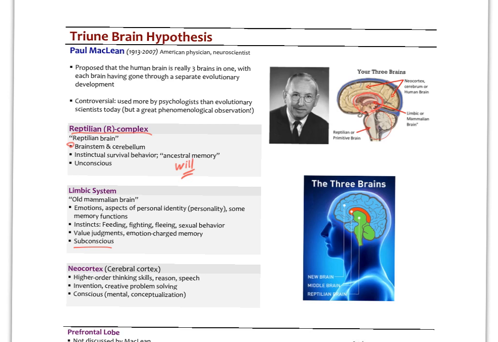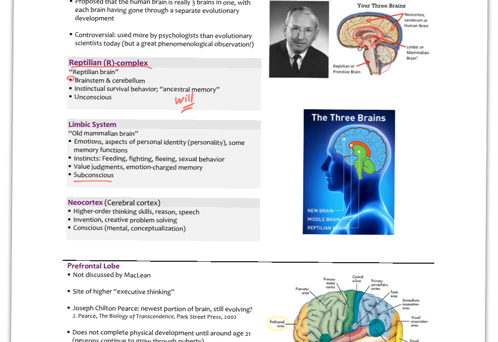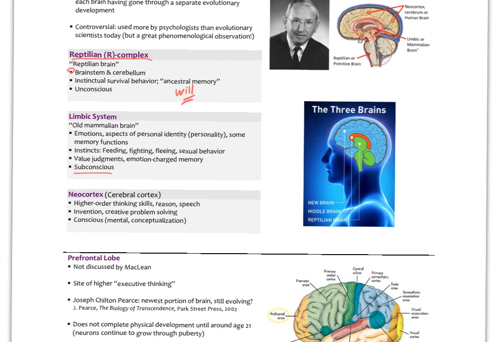And birds as well have some development in this area. And then the neocortex, this is the cerebral cortex. This is, he claimed, the last part of the brain to develop. Again, we see portions of the cerebral cortex in lower animals, but basically this is where our higher order thinking